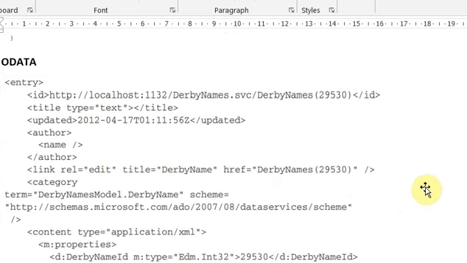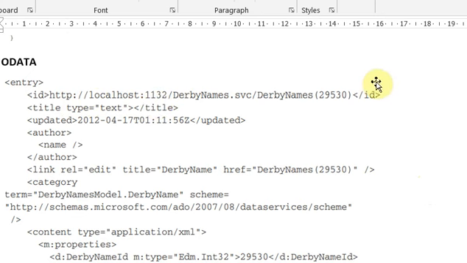Okay, so this is about your open data protocol, which will allow us to show or display our data resource, that is whatever data you have at the URI you are giving. So here the location URI is HTTP localhost Derby names.